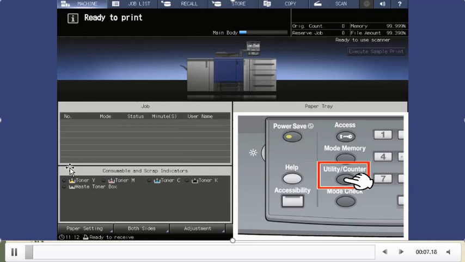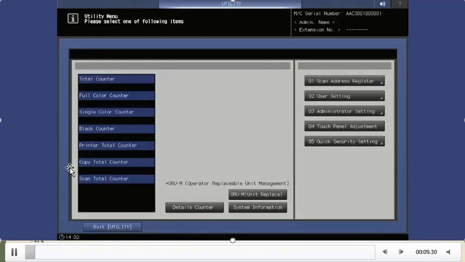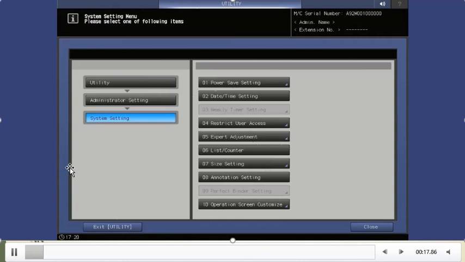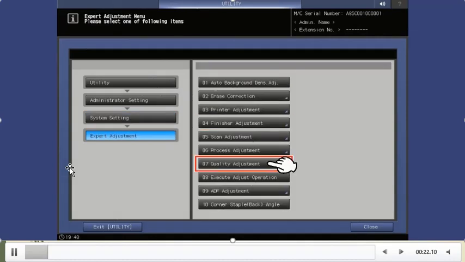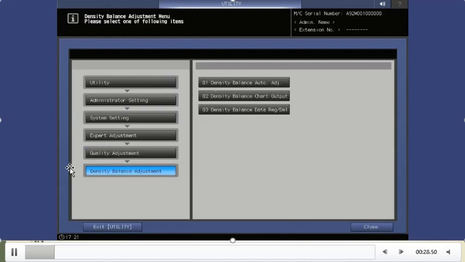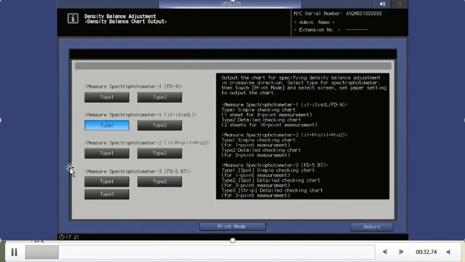Let's see. We click on the utility button, then click on administrator setting, then we will go to system setting. In system setting, we will click on expert adjustment, okay, and then quality adjustment. Here we will click on density balance adjustment, and then density balance adjustment chart output.